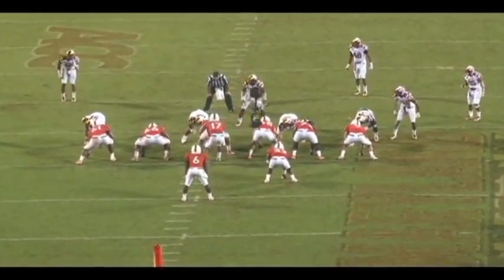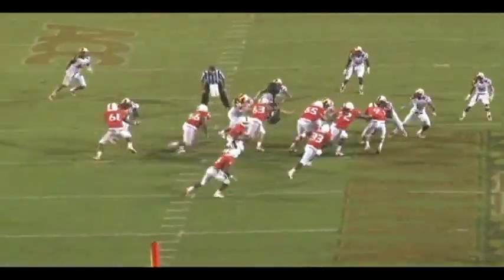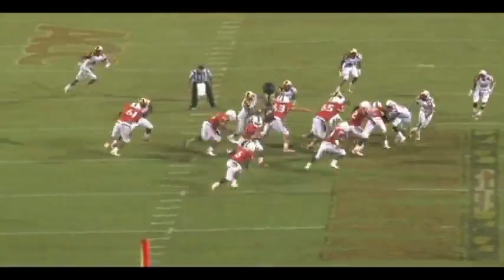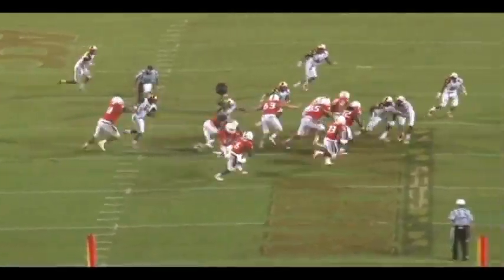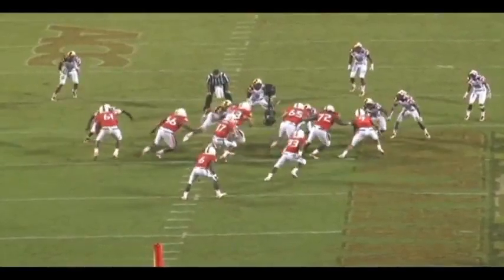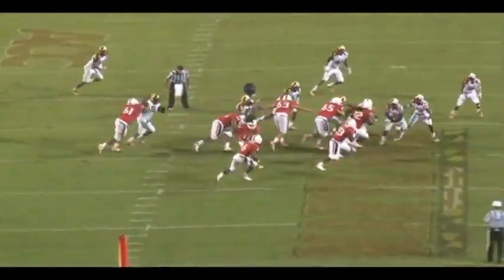This is the left guard. We're running an 8-hole play. He gets a pretty decent jump. The left tackle was a little bit hesitant there, but the left guard's going. Sometimes he gets this guy down, but a lot of guys will play that block better. I think he could do a better job of maybe getting to the front side knee, but I love